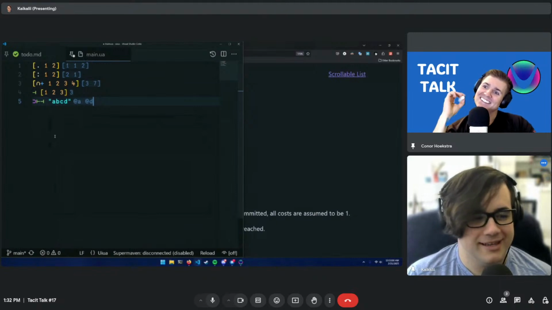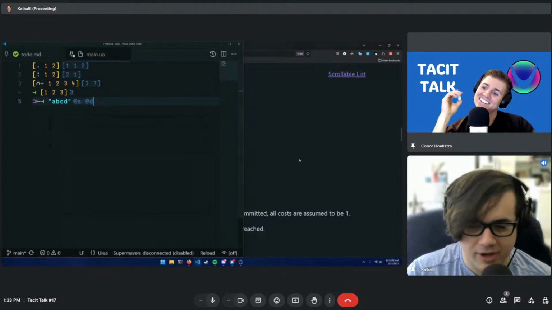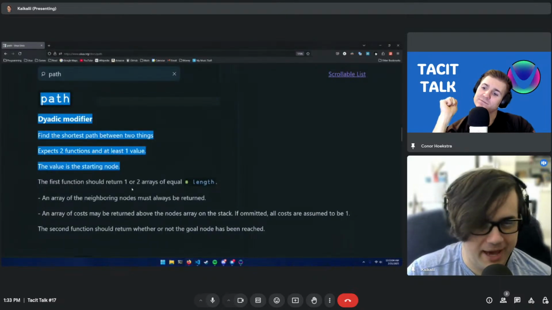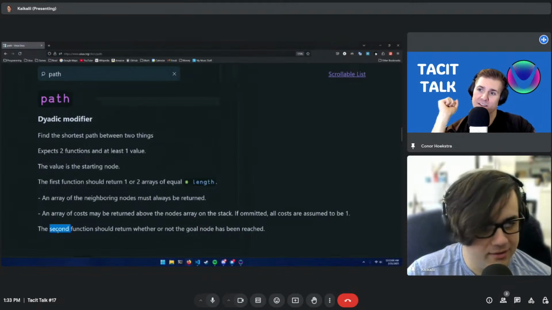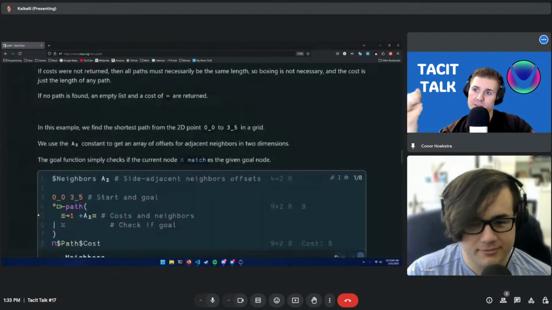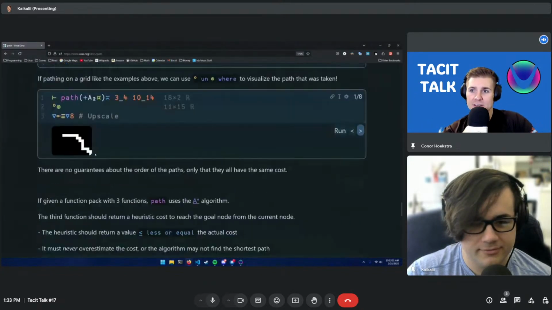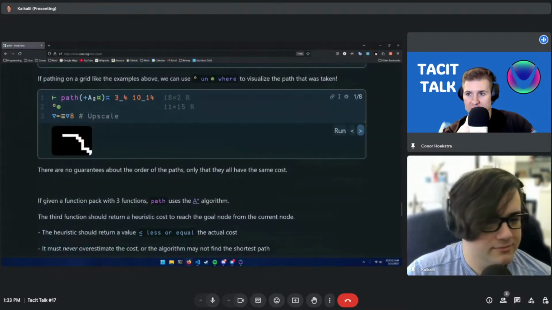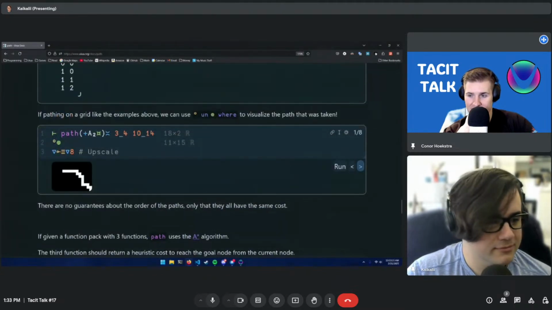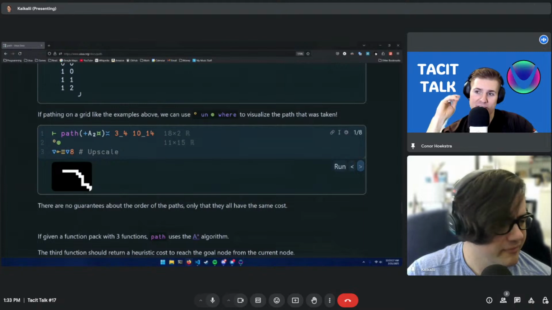I mean, it depends on how you define the cost. The other thing, I'm sure you've probably seen the path modifier, right? Yes, I saw that in Tacit Sanctuary's Advent of Code video, and when I saw that, I was like, very nice. I think I even brought it up when we were talking about